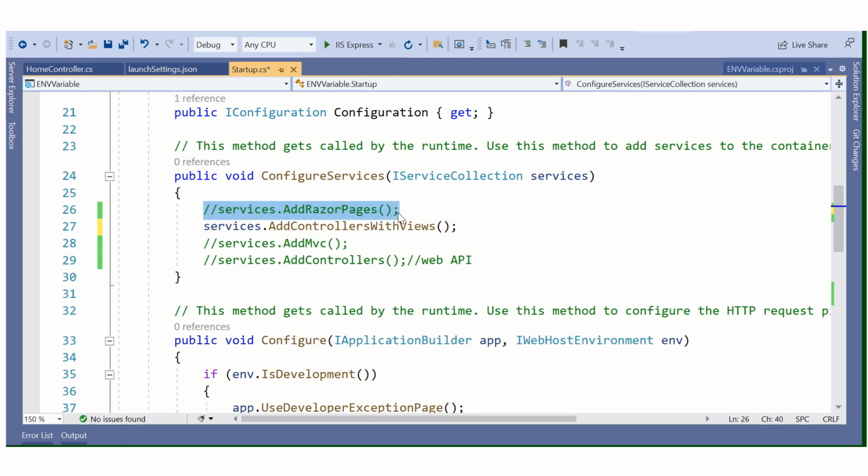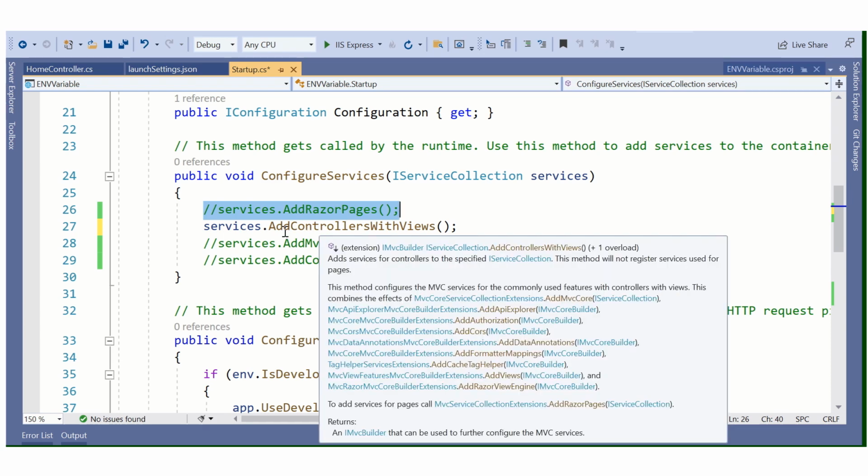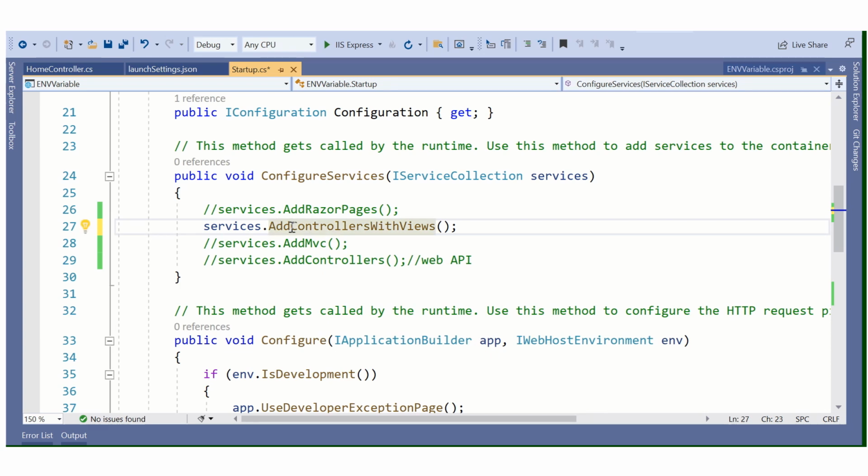When we need to create Razor Pages, we have to add AddRazorPages, and when we have to follow the MVC architecture pattern, model, view, and controller, we have to add controllers with views